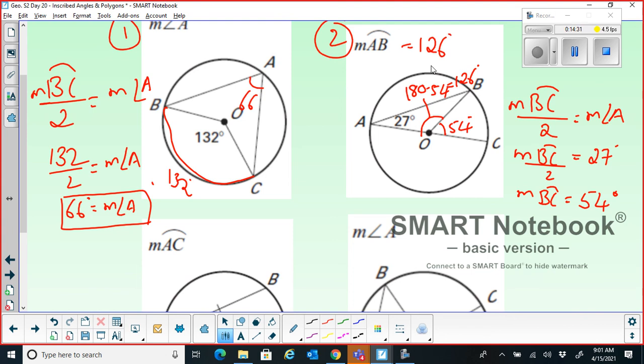I'll give you time to assimilate. Just note it down. I'll give you 30 seconds. Then we will see a couple of problems where you will solve these types of ones.